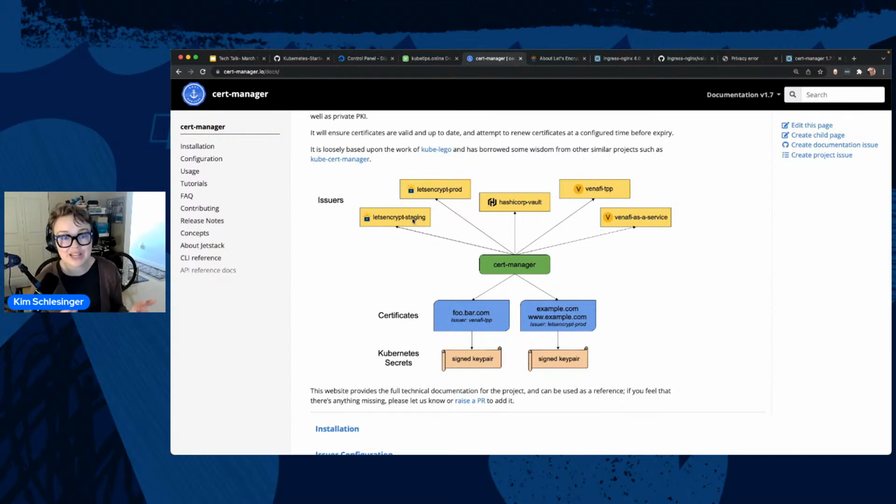Let's Encrypt is wonderful. They have 2 servers where you can send requests to get a certificate. One is a staging server. So in your staging environment, if you want to make sure that you've got things configured properly to get a certificate, you can make requests against their staging server. They also have a production server where you get those real certificates. So outstanding. What we're going to do is we're going to be using the Let's Encrypt prod server. And then cert-manager creates the actual certificate inside of your Kubernetes cluster. And so like this example here. And then the signed key pair is stored as a Kubernetes secret.